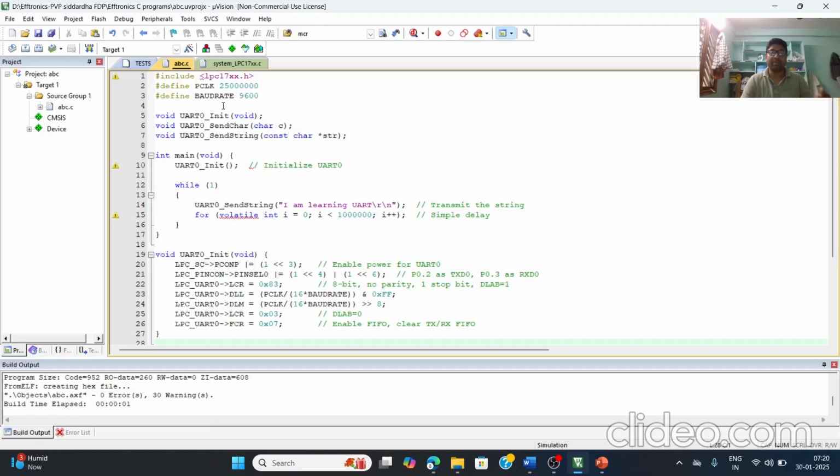Baud rate is an important parameter while we are using the UART. It is the rate at which the data is transmitted serially through the UART. There are some standard baud rates, and the frequently used baud rate is 9600. First we should initialize the UART, and then an extra subprogram is added here, that is for sending the